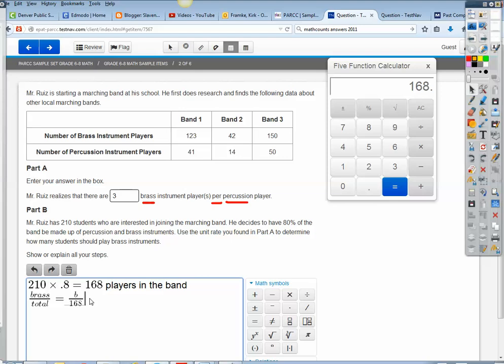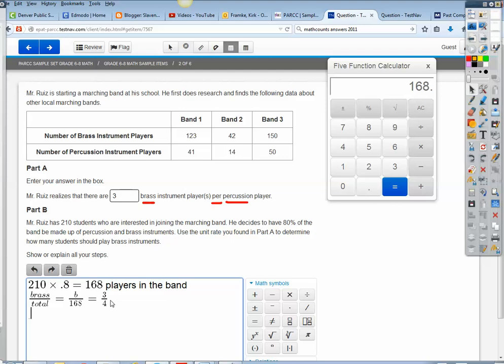And so then I know that's going to be equal to 3 brass players. How many total players do I have up here? Well, if I have 3 brass players and 1 percussion player, that makes a total of 4 players. So I know that the number of brass players over 168 has to equal 3 brass players over 4 total players. There are a couple ways you can do this. You could do cross multiplication, but what I would do is I would simply say that